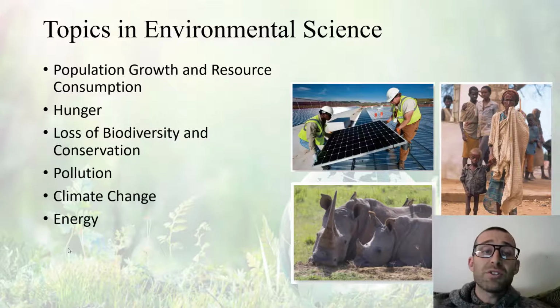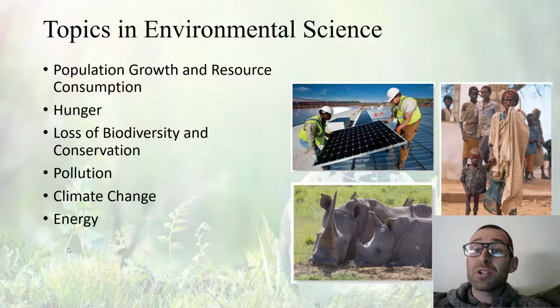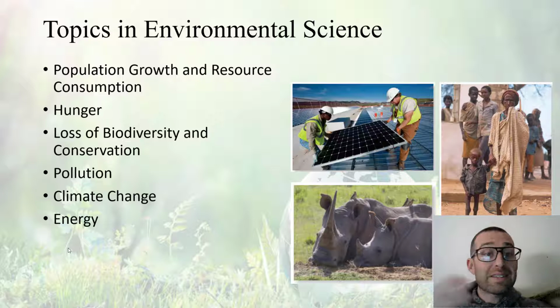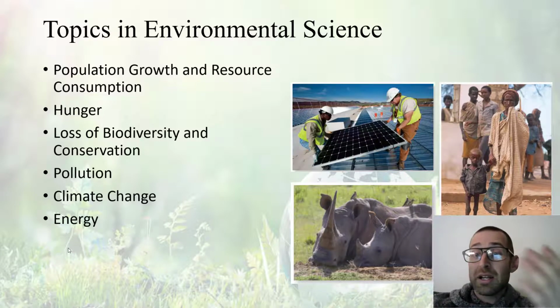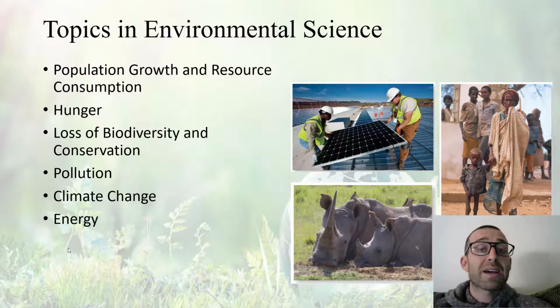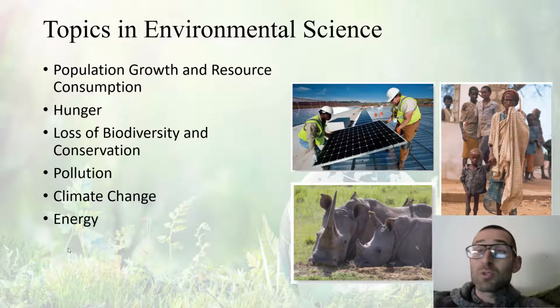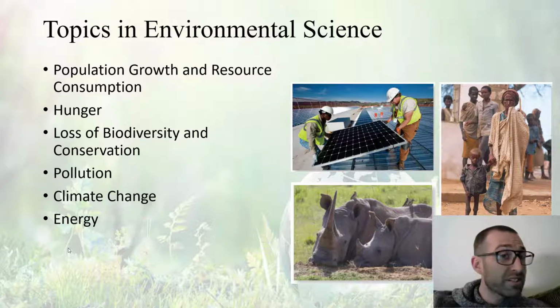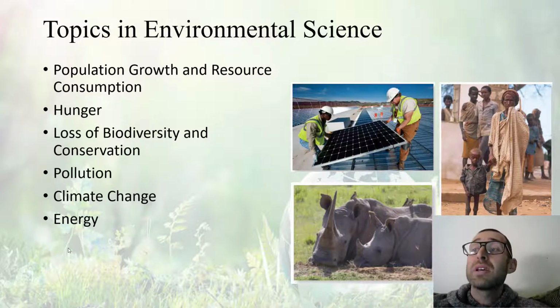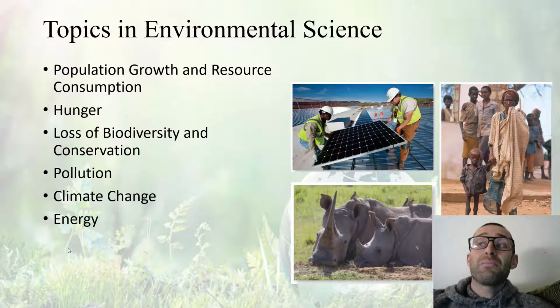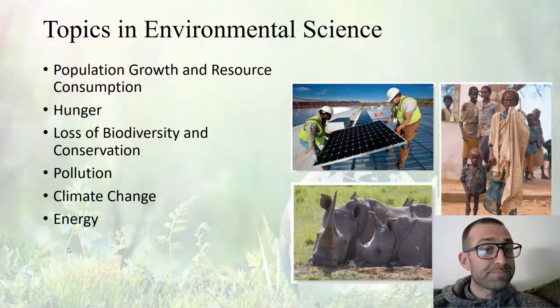Now, these are all topics that get discussed or are a part of this field of environmental science. Along the lines, I kind of just mentioned it, loss of biodiversity and conservation. How do we maintain biodiversity, maintain conservation of organisms or habitats in the face of this growing population or a population that is becoming more affluent, right? Typically is consuming more resources. How do we do this in a way that is sustainable?